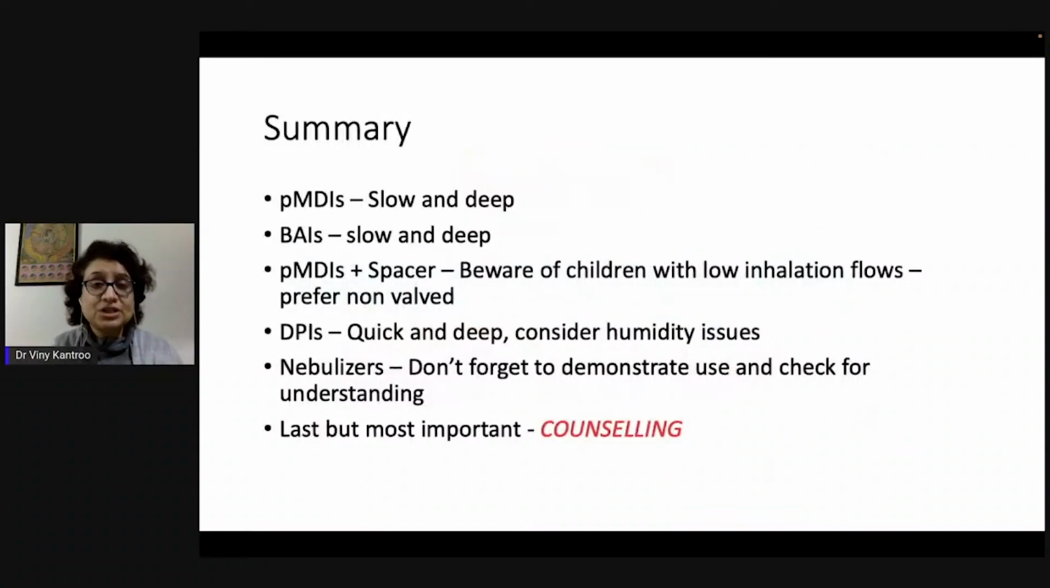So if we teach the inhalation technique, how do we use the inhaler? It has a particular technique. As I told you, before each inhalation, you should be sitting completely relaxed and in an upright position. Take a deep breath and exhale out completely, which means taking everything out of your lungs to the maximal